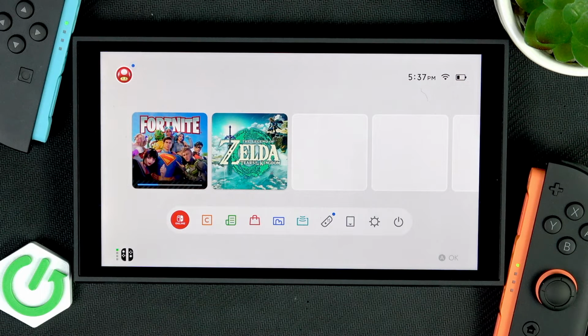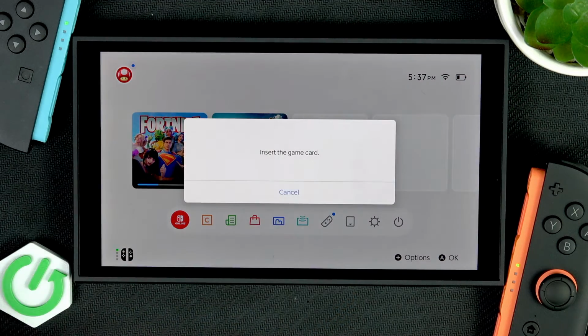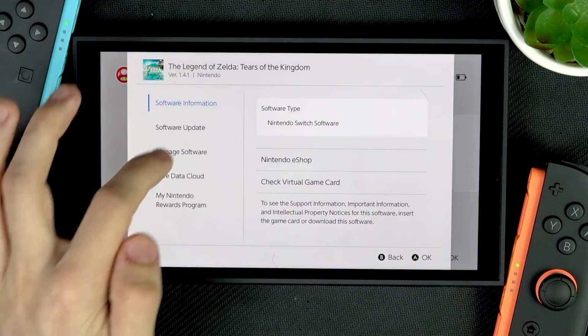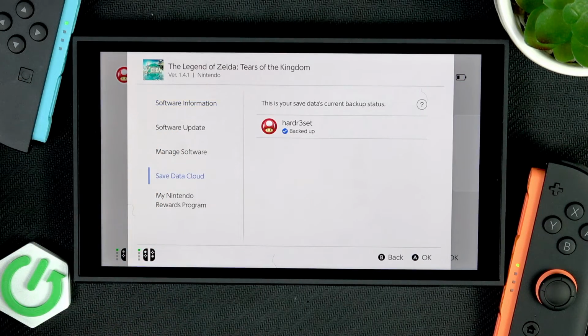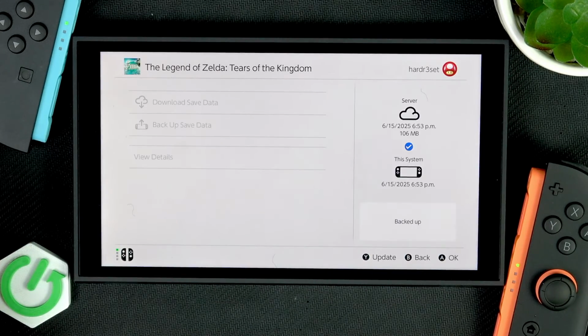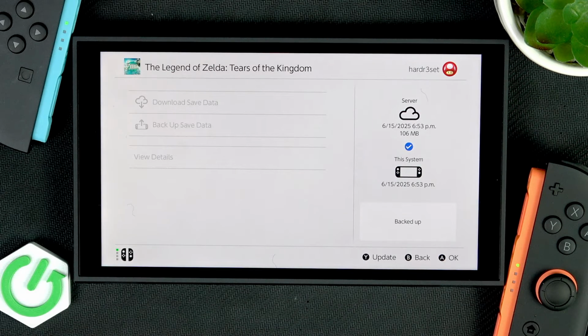To do it, simply you can click on the game you want to download the save data from. Just click on it, then click on Options. Now you'll go to Save Data Cloud. You can click on it. And now if it's not synced with your system, because in my case it is synced and it has the same exact data on both, but if it doesn't, then you'll have a button to download save data, and you